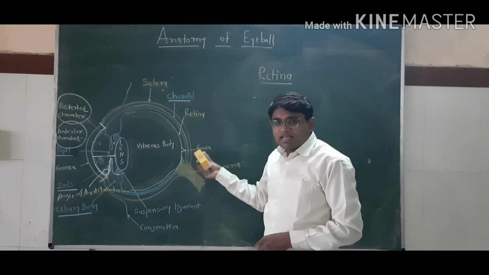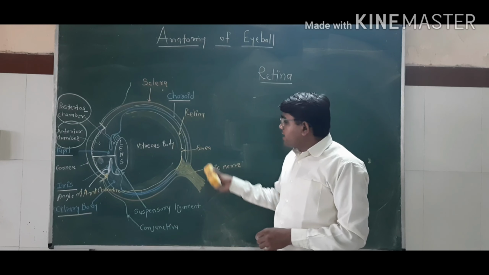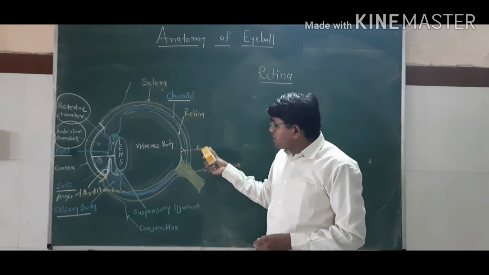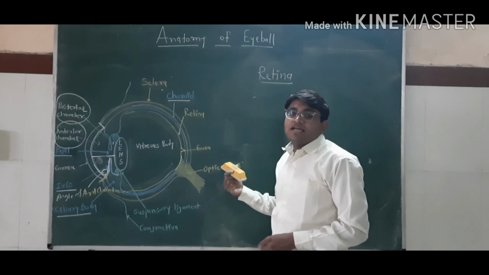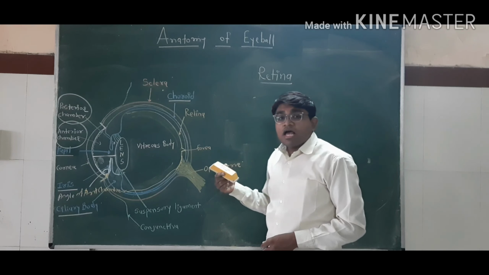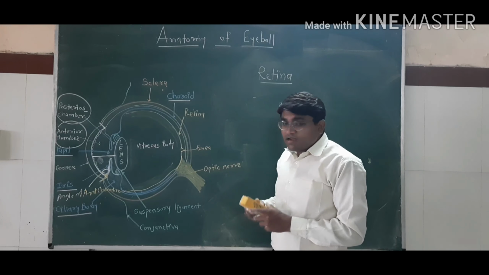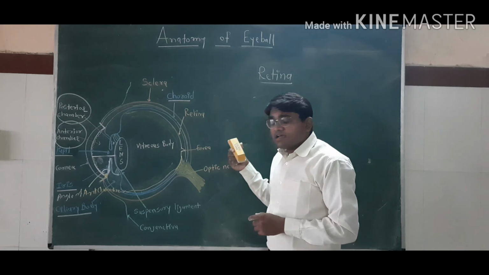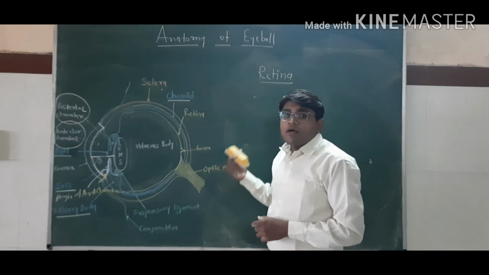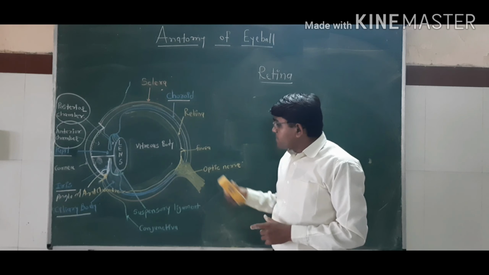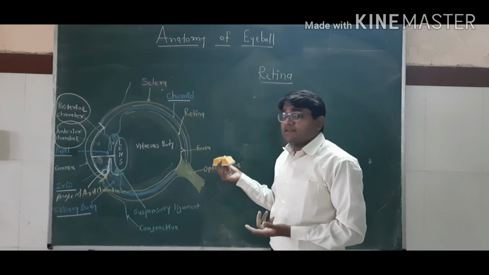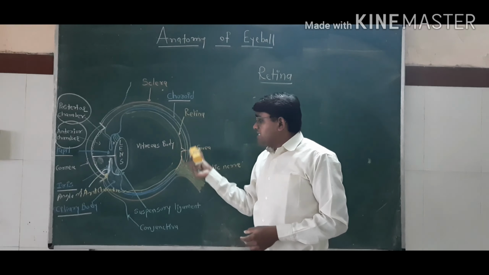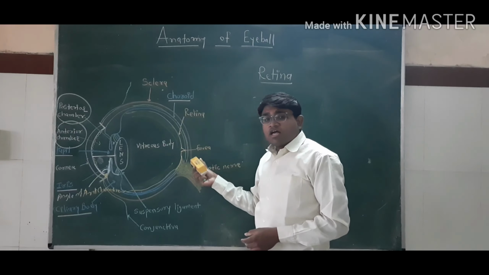Then 3 mm lateral to this optic nerve, there is a fovea. Okay, there is a further depressed area known as the fovea, and it is yellow in color, and that's why it is also known as the yellow spot. And in the fovea, there is one further depressed area, known as the macula lutea. The cones are present in the macula lutea, and that's why the maximum acuity of the light lies on the macula lutea. Okay, so the cones are present in the macula lutea and they are also present in the peripheral area, but they are mostly centered near about the fovea.